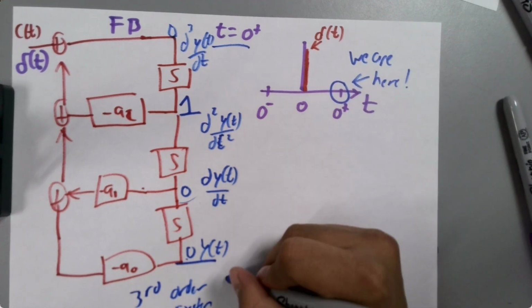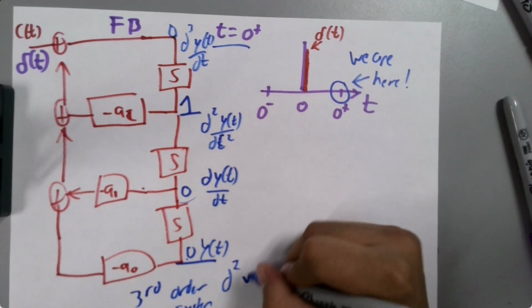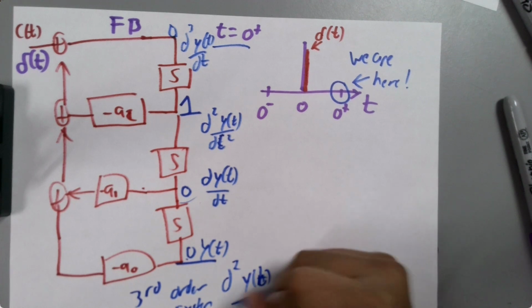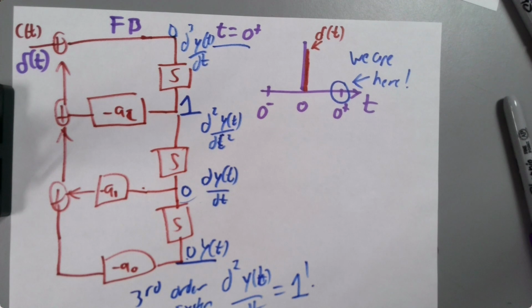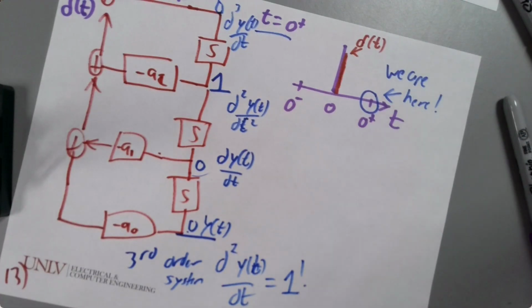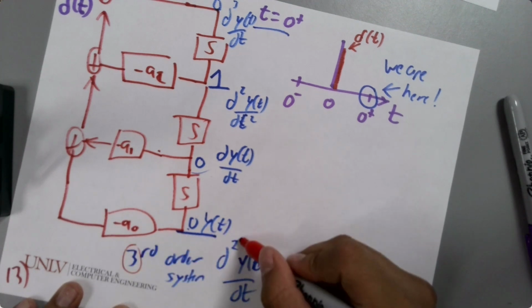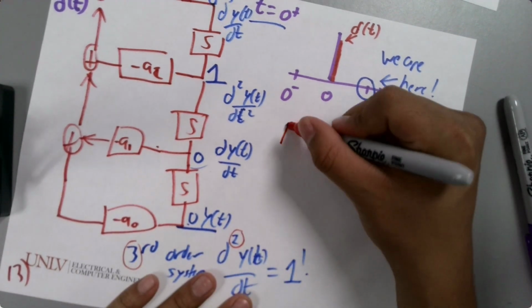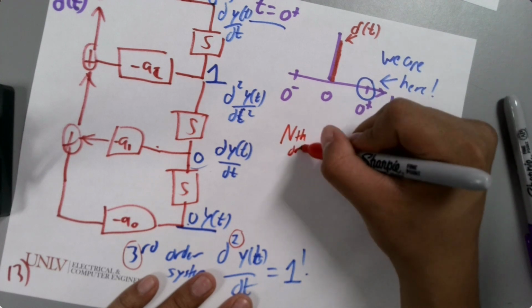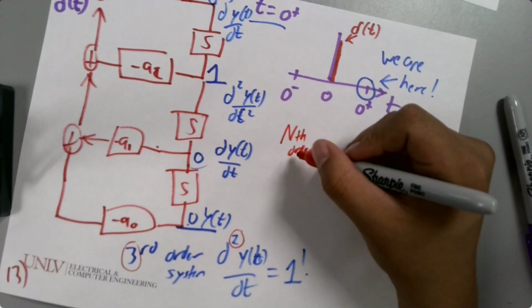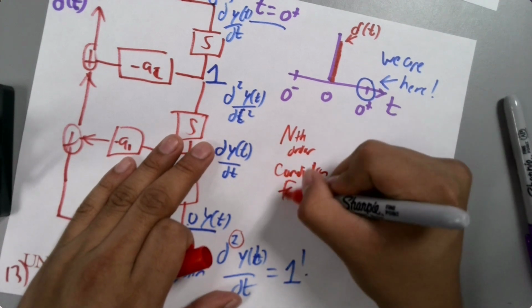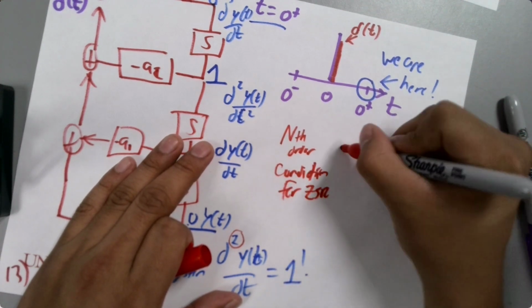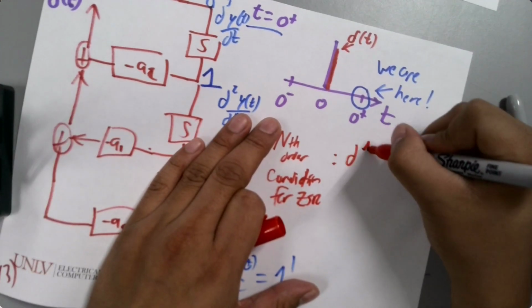is basically t. Okay? The second one is 1. Yeah. So do you see a pattern right here? I'm going to show you the pattern right now. See this 3 right here? See this 2 right there? The pattern is the nth order, what do you call it? Condition for ZSR is basically d of n